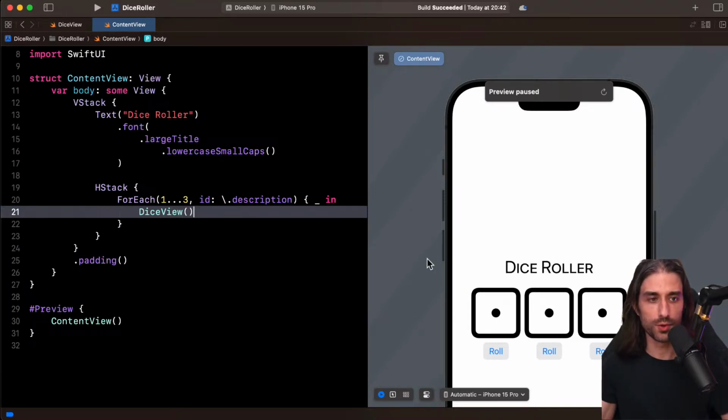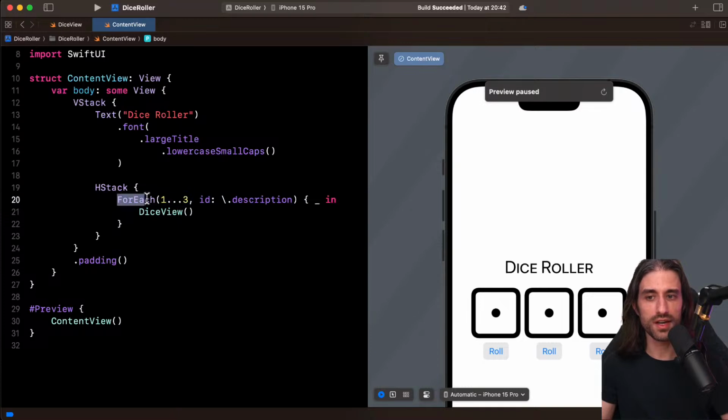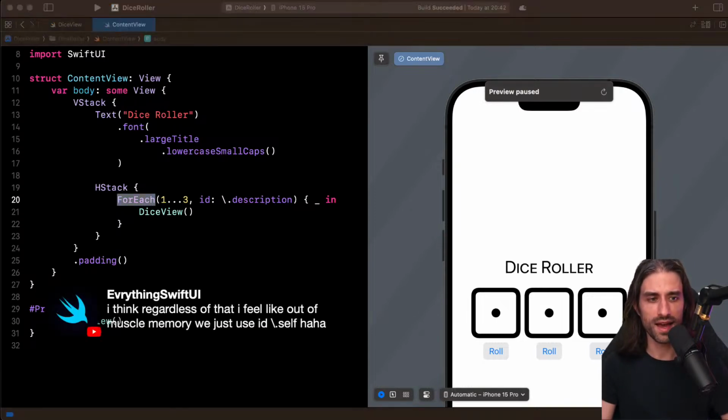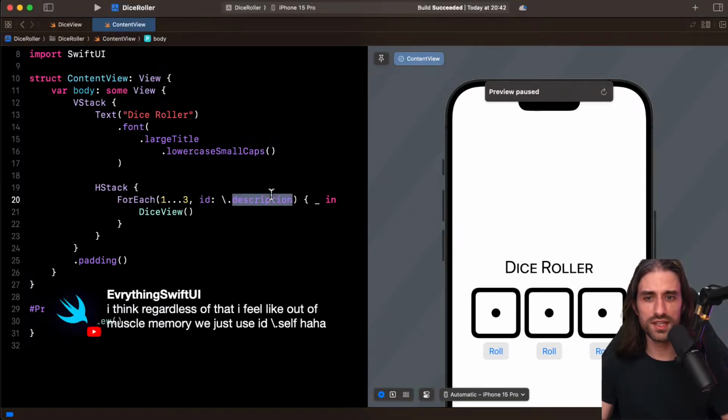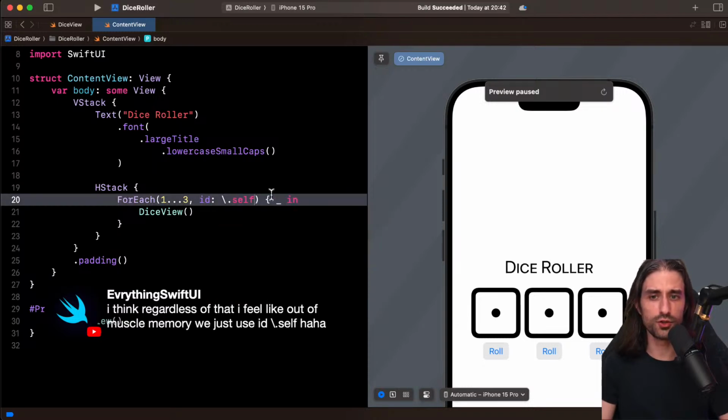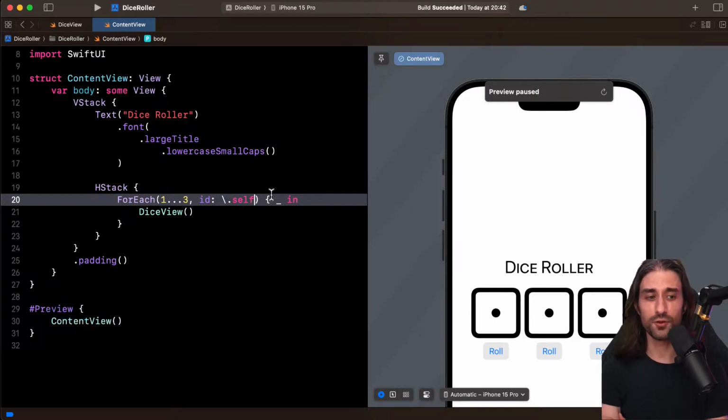And so the conclusion to this debate is that ForEach actually only needs conformance to Hashable and not Identifiable. It's List that needs conformance to Identifiable. And you're saying, I think regardless of that, out of muscle memory, when you already know SwiftUI and you're used to it, you would do \self, but I understand that for a total beginner, self has a whole new meaning here, and it feels weird.